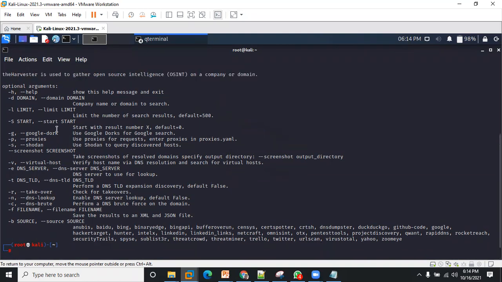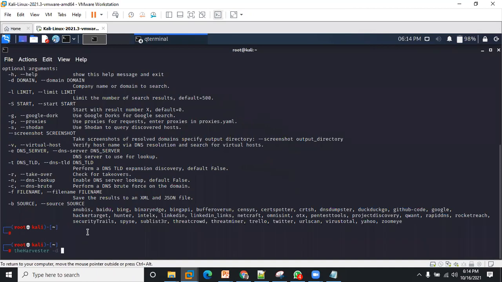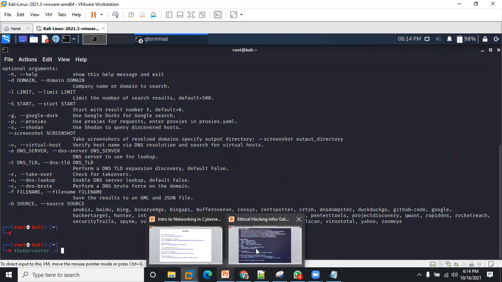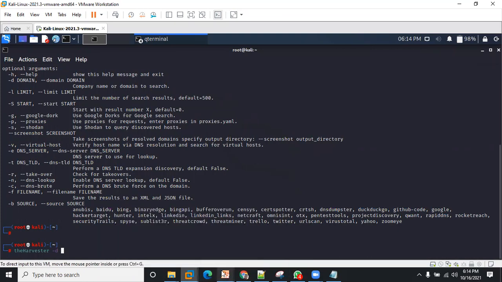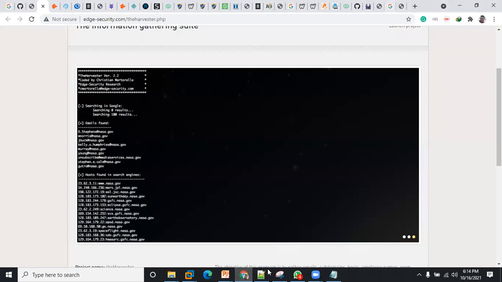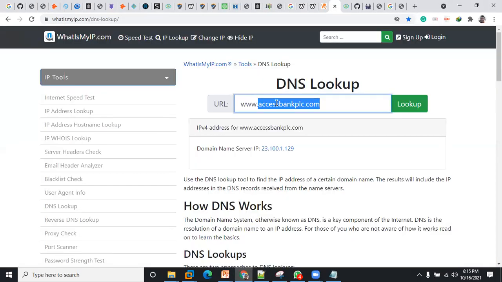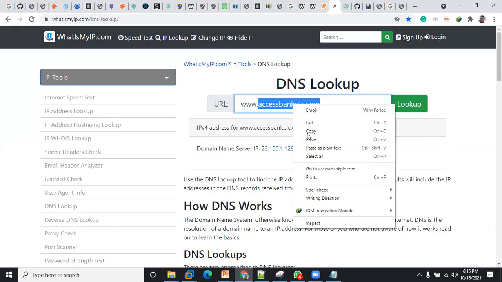We have -d for domain, because we want to put in the domain. So you put -d, then the domain. What domain are we trying to look out for? Let's take, for example, access bank, or just any other domain that is out there. So I'm just going to go back and copy and paste.